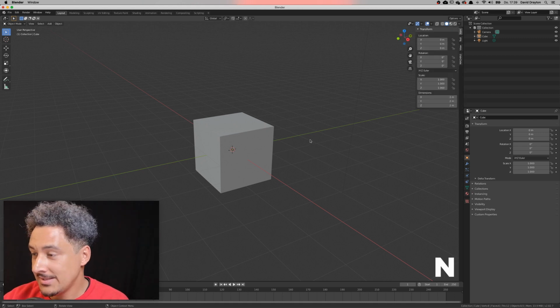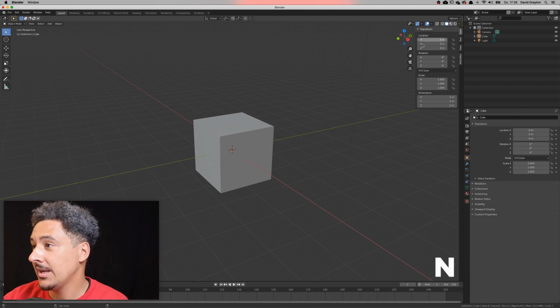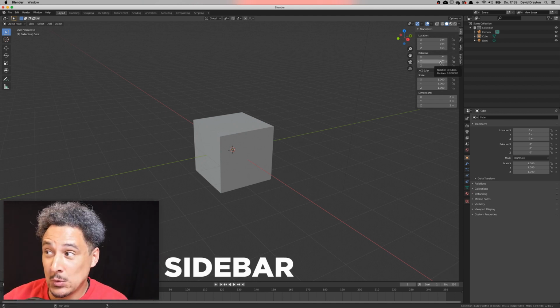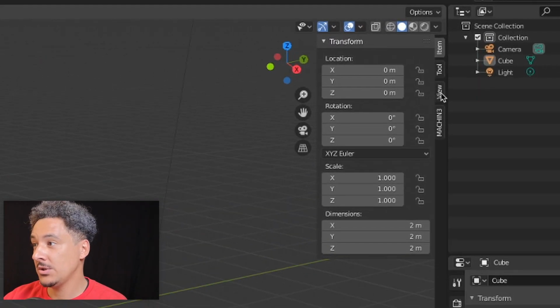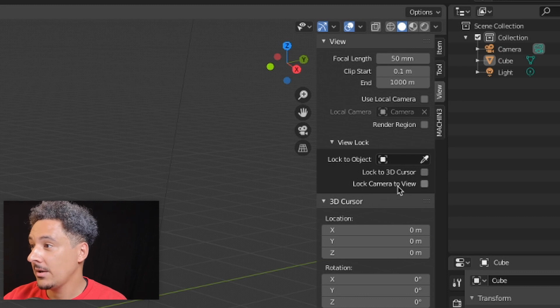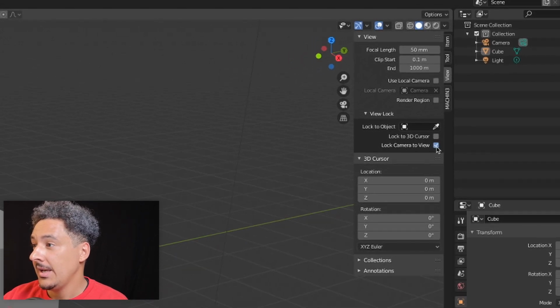If we press the N key on your keyboard, you can bring up the, I don't know what it's called, the side panel, tool panel, whatever. And within the view itself, you can select lock camera to view. And as soon as you tap this